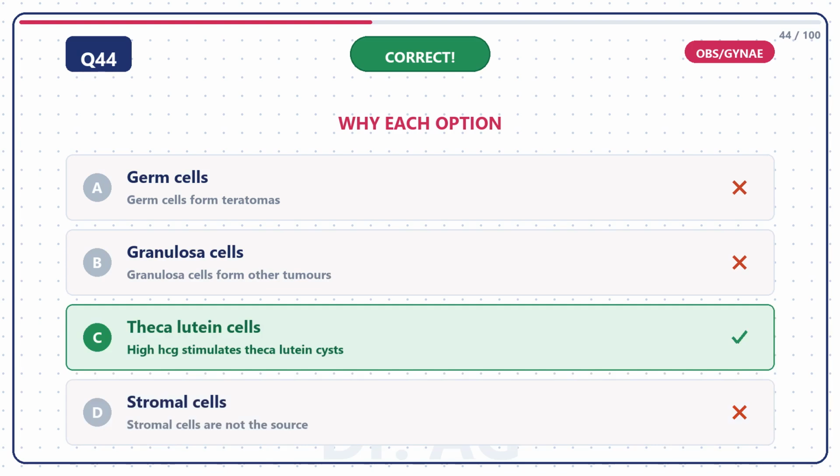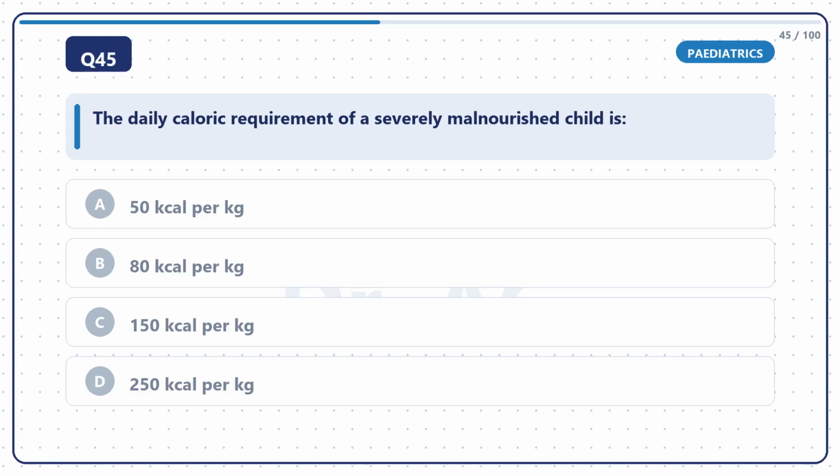High HCG stimulates theca lutein cysts. So, the right answer is option C, theca lutein cells. Question 45. The daily caloric requirement of a severely malnourished child is option A,